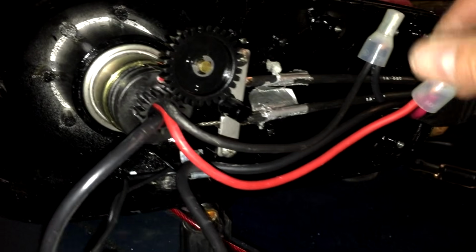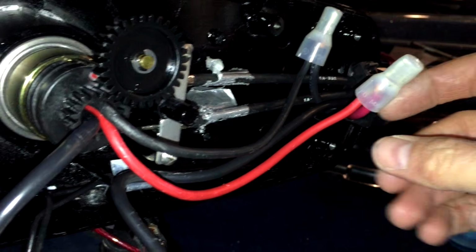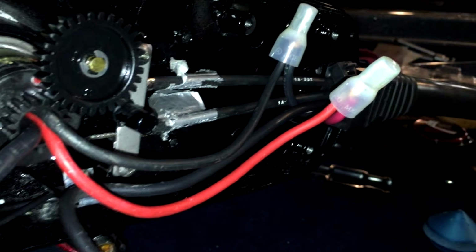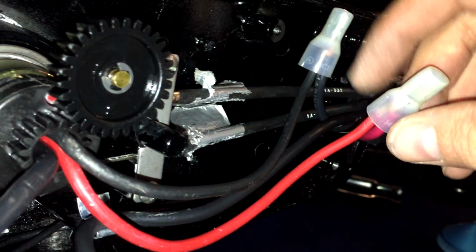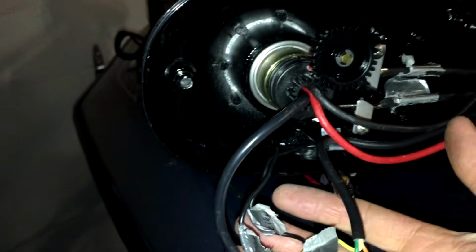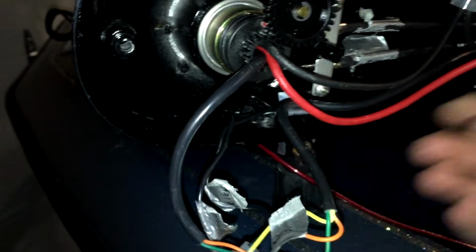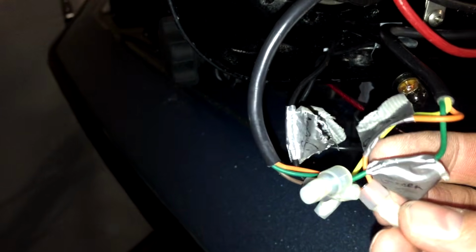All right, so before I put the head back on, I want to show you a couple things. I've got my positive and negative wires hooked up, fairly simple, but the wiring is pretty thick, so getting it into this tooling to clip them together is kind of difficult, but once you get them in there, and crimp them down, they're great, no worries there. The one thing I do want to show you are these wires. You've got wires coming off your foot cable as well as off the trolling motor. 3 out of the 4 of them are pretty easy. You've got your orange to orange, your green to green,